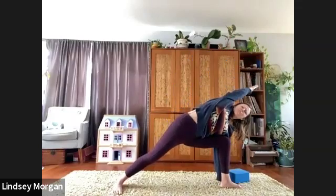Starting by bending the left knee over the left ankle, sinking the hips down. Left elbow comes towards the left thigh, right arm extends along the right ear. This is a great spot to stay for maybe the first day or two. You'll slowly start to bring the hand down towards the block, lowering that down again over time until you can